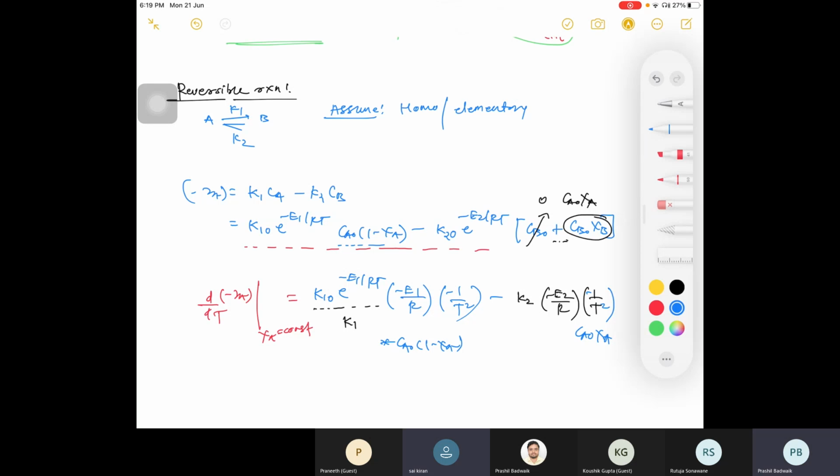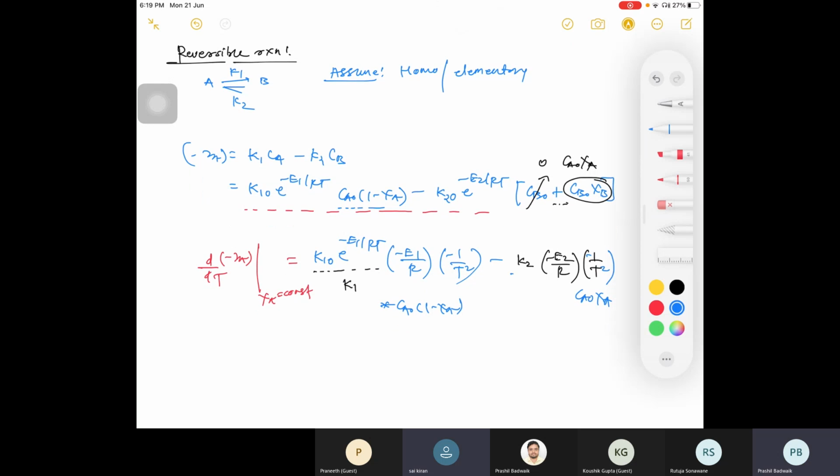Yes, sir. Right. Now please replace this K1, K2 respectively. First time I have written this K1, you write K2 there. So these equations you are getting, right? Sir, into e power minus E2 by RT. Here it is written, no? Here, sir, in K2 term. Yes, I have written directly. It is K2 naught into e to power that term. Okay. So, sir, I have replaced that just by K1 and K2.